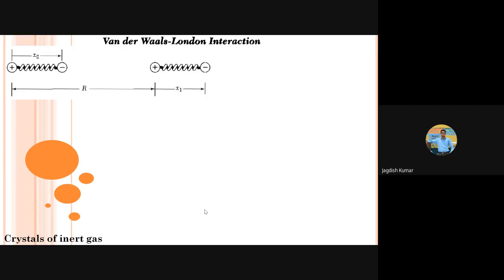So we will be doing this tomorrow. Tomorrow we will apply the model of dipole-dipole interaction, and then we'll derive an expression for the attractive interaction, which is a part of van der Waals forces. That is, how the attractive interaction comes into the picture, and how much attractive interaction there will be. All that we will be doing in the next class.